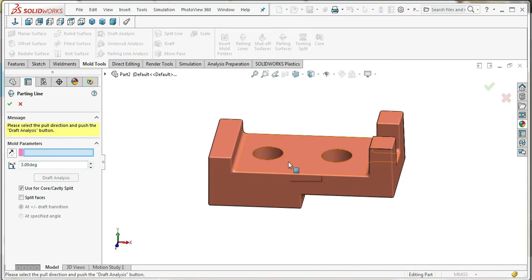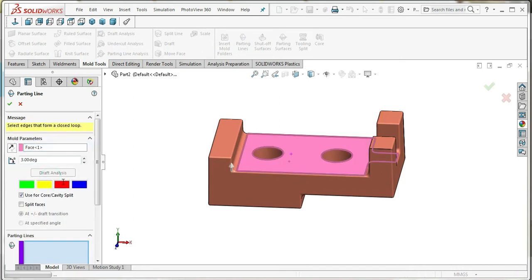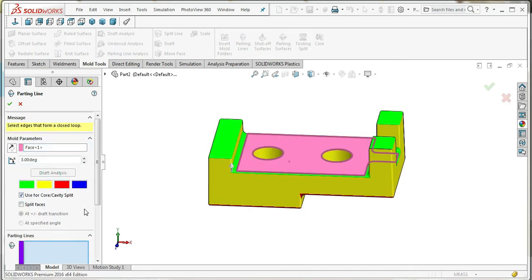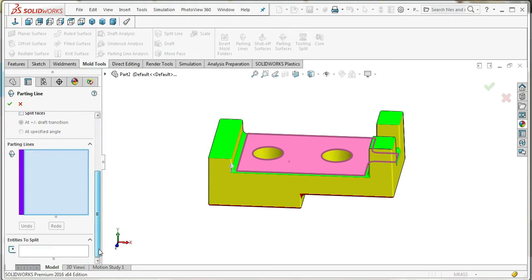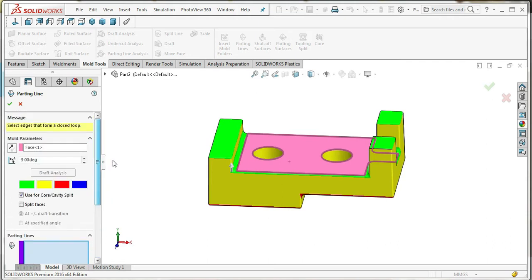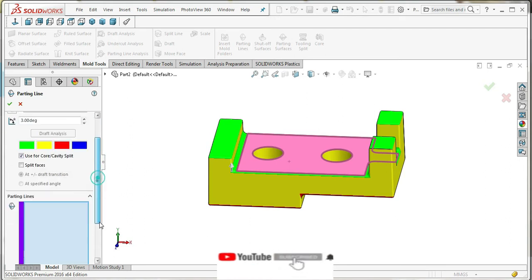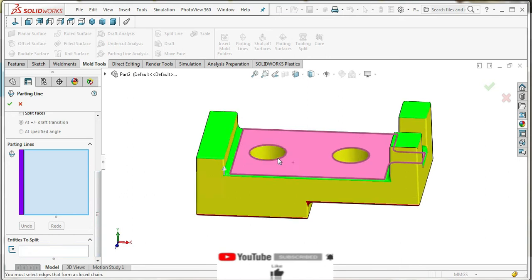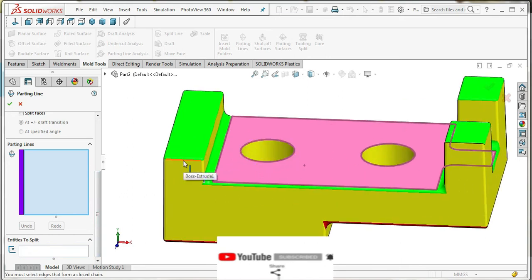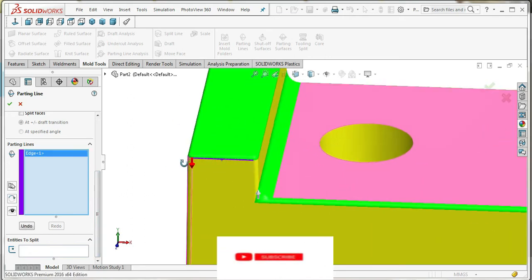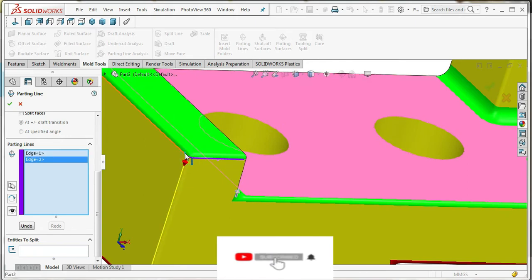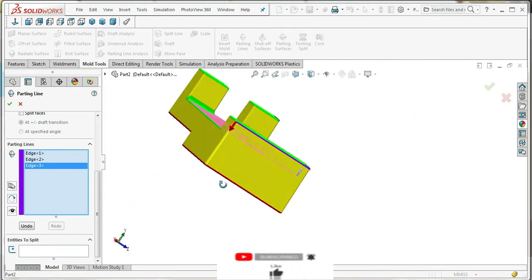Now I'm going to click parting line, and then the surface, this is the surface made as draft faces. Here you can create it with the parting line option. Select all the edges of the fixed die.